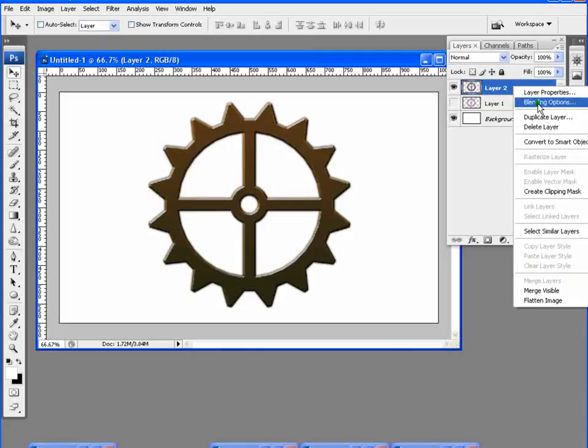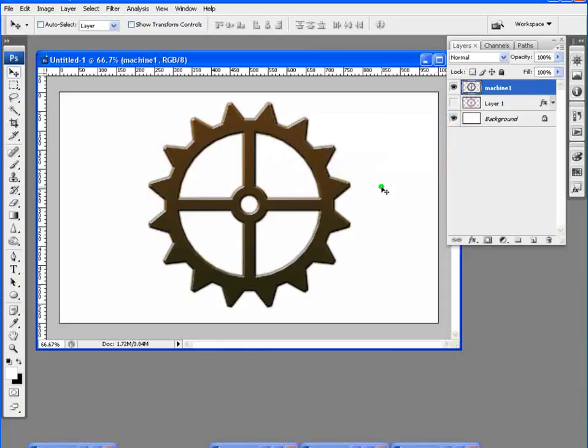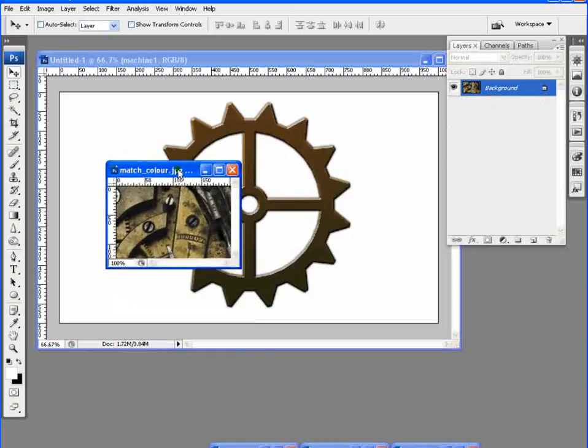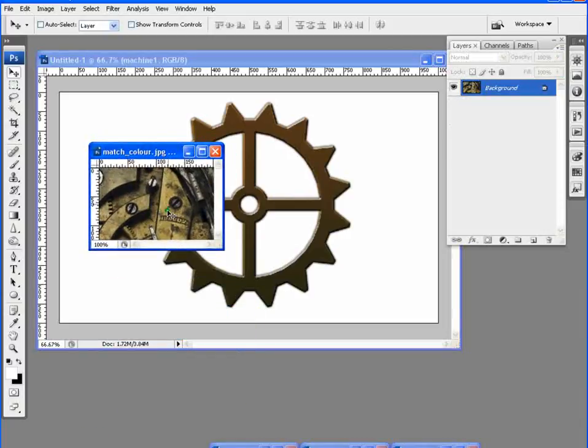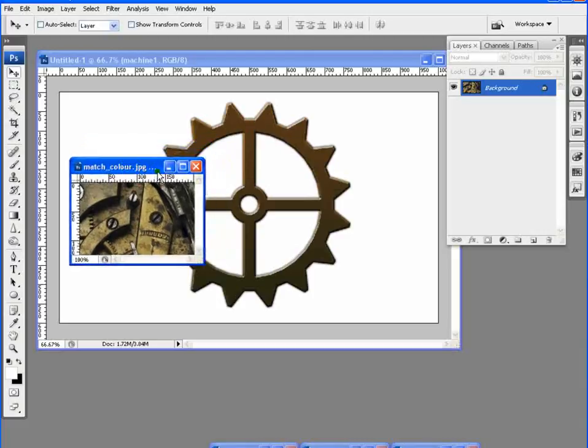and we name this one our machine 1. Okay, now this is basically the reference image that I want this kind of color or texture to be applied to this. You can download it from the internet, or anything that you download,